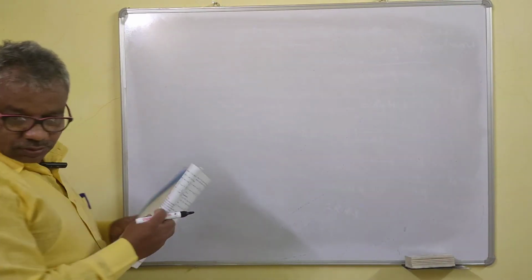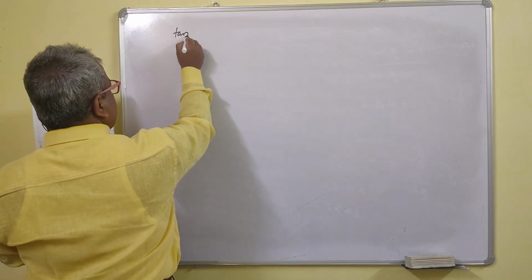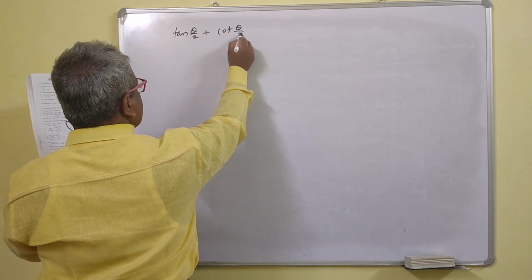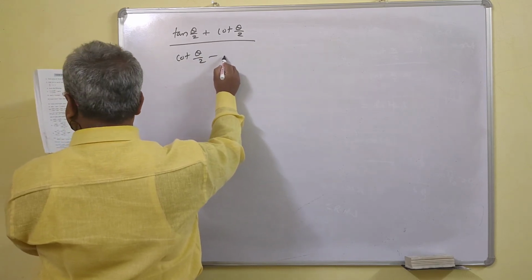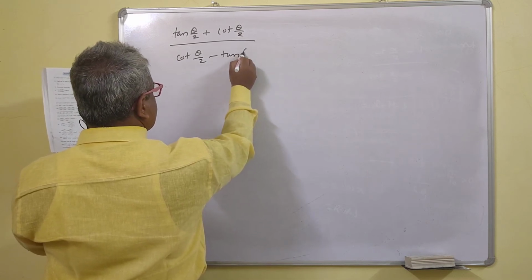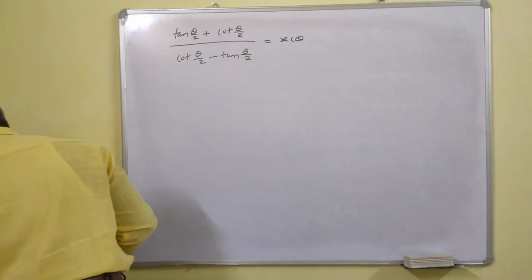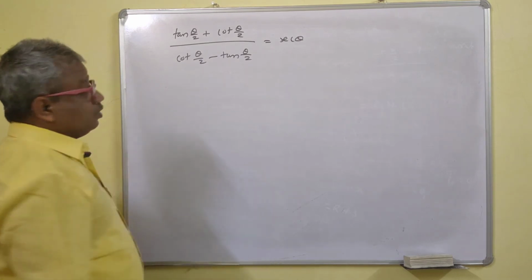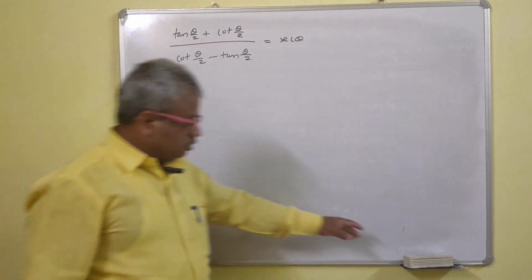Next, prove that (tan θ/2 + cot θ/2) / (cot θ/2 − tan θ/2) is equal to sec θ. So we'll take LHS and prove RHS. We'll take LHS. So LHS is equal to